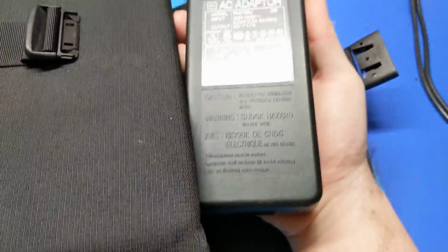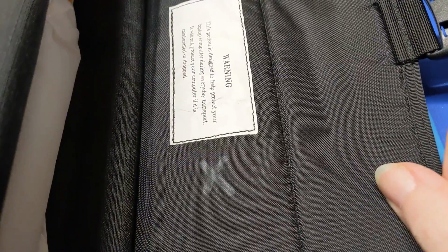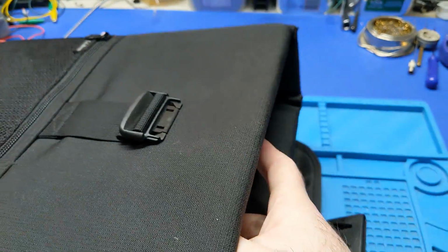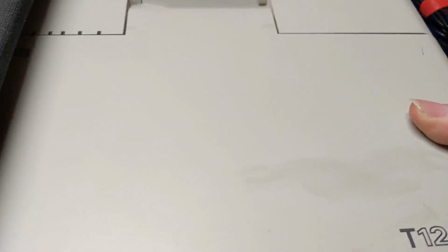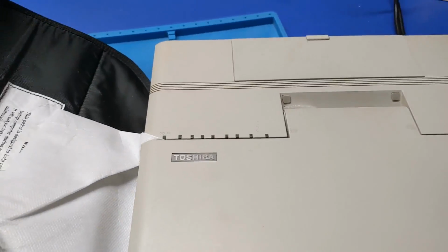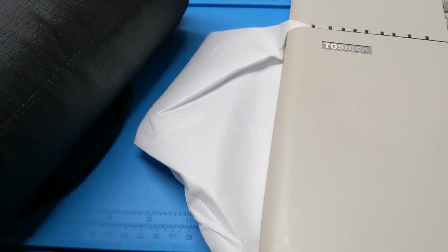So this is the original adapter. There is some padding in here. Not much, though. But that certainly looks like a Toshiba computer to me. So here we go. What do we have? The big unveiling. We have a T1200xe. Yay! Another Toshiba. Actually, I don't mind working on these. They're not bad machines to work on, as long as they're in decent condition. Which this one appears to be in...